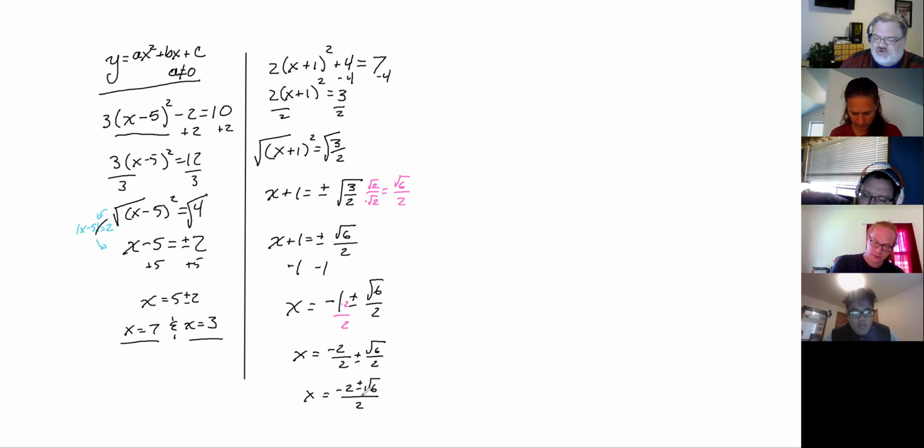Do be careful about reducing here. We can't divide those 2's out because the 2 can't divide into the square root of 6, because that 6 is under the radical. So there are lots of little places in this answer for reducing issues to happen. So be careful about your strict order of operations in terms of cleaning up your fractions.